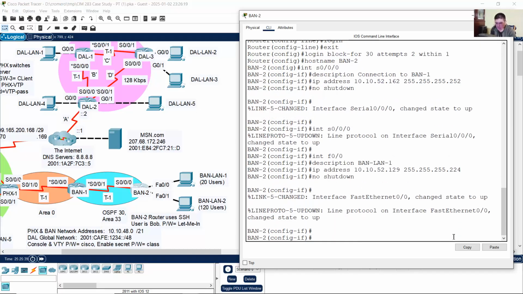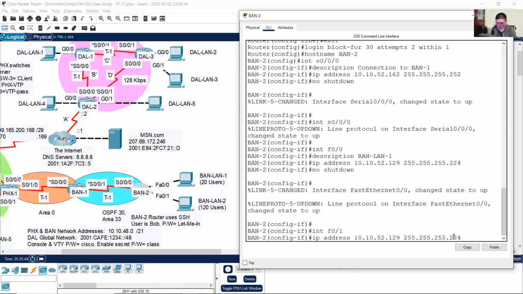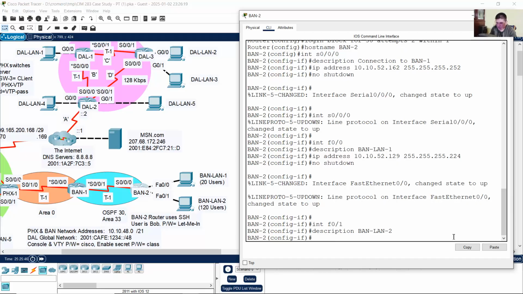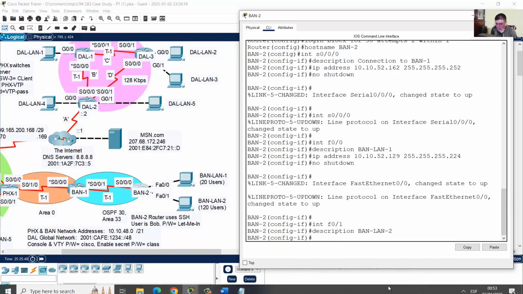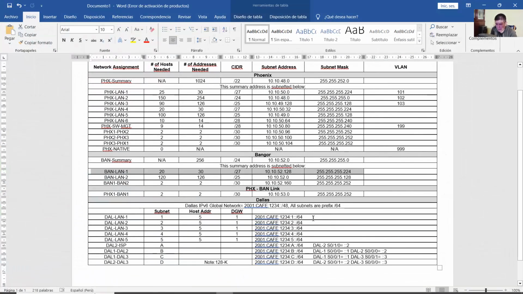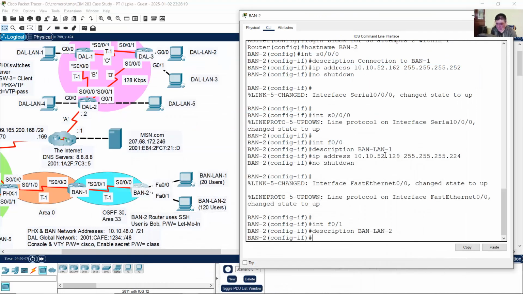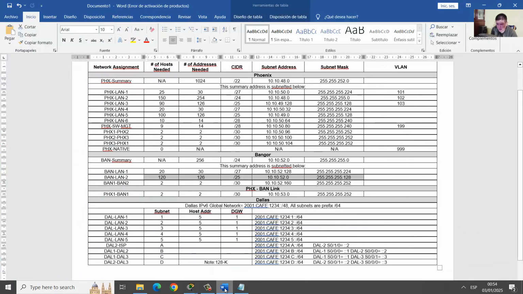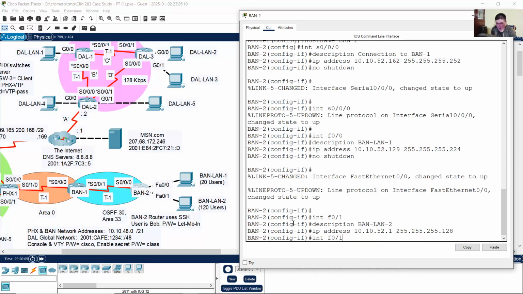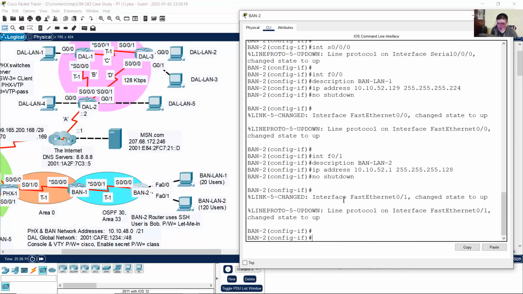Now no shutdown. Fast Ethernet 0/1. Description VLAN 2. IP address 52.128. Enter, no shutdown. Okay, and